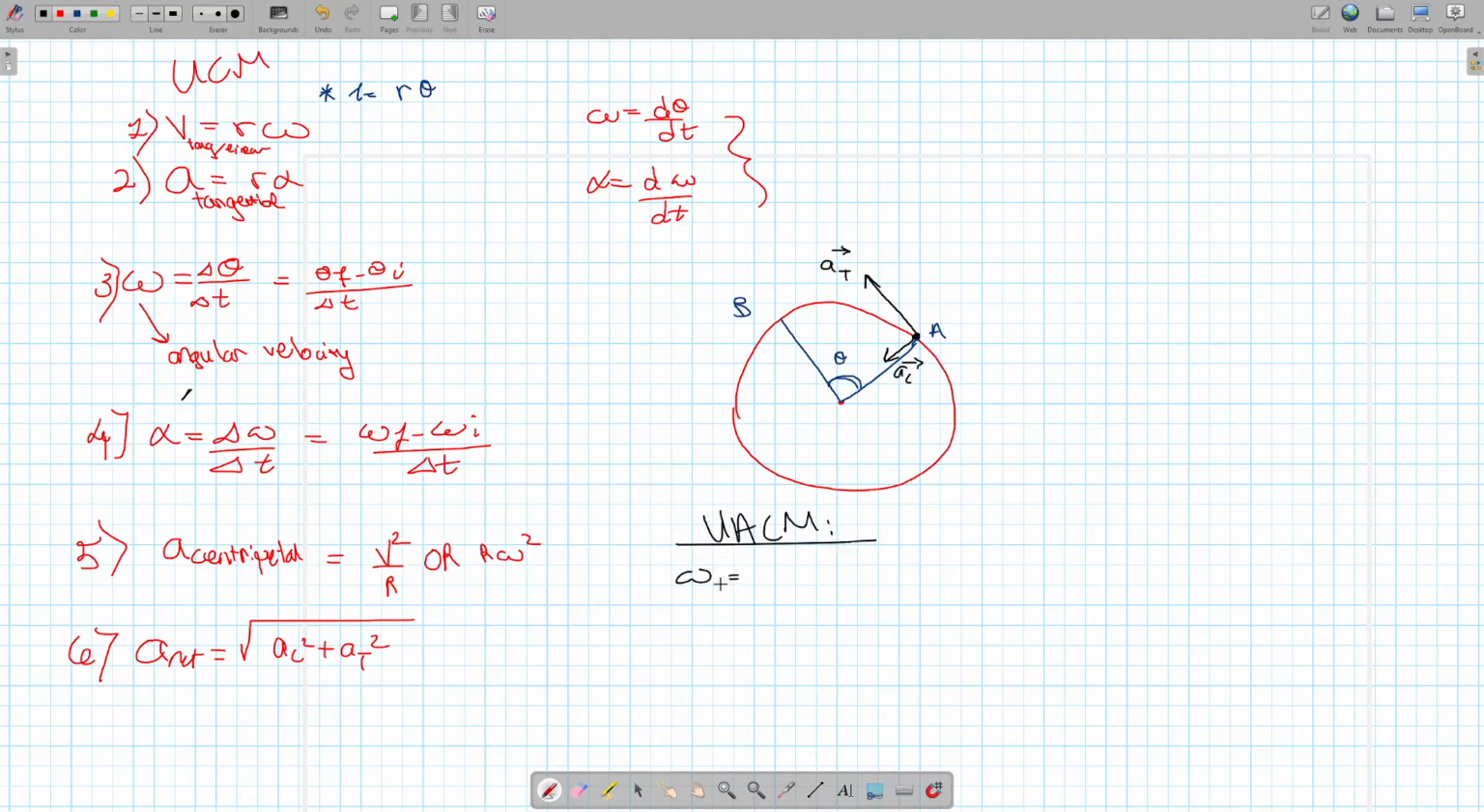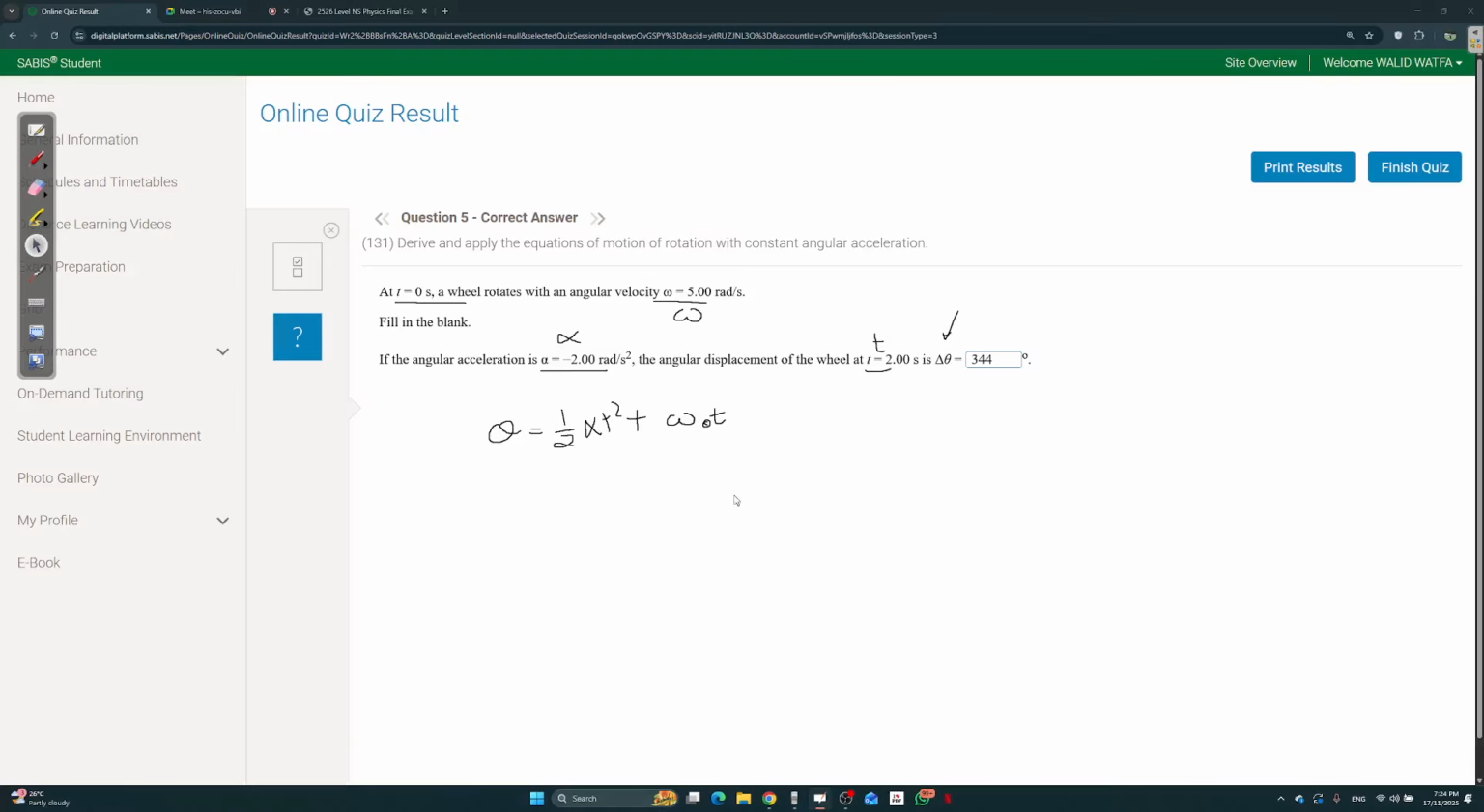Omega is equal to alpha t plus omega naught. Theta is equal to half alpha t squared plus omega naught t. And omega final squared minus omega initial squared equals 2 alpha theta. Anyway, so applying this formula, you're gonna get theta is equal to half times -2 times 4 plus 5 times 2, and you get,